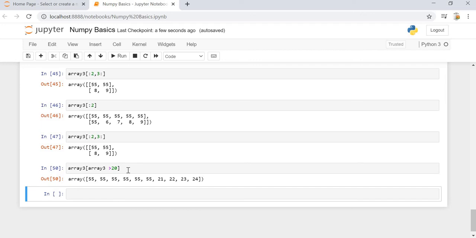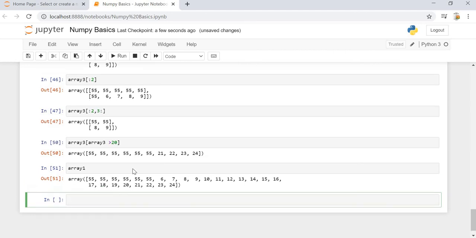Now let's see a few basic arithmetic operations that are there in NumPy. NumPy arrays can have subtraction, multiplication, addition, all of these things available with them. So we have array1 available with us.